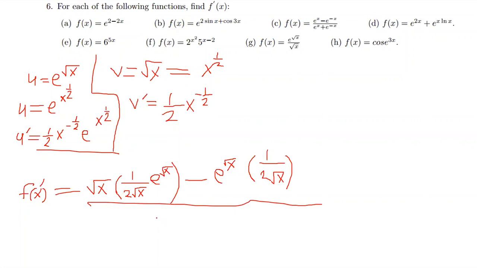So v squared is just the root of x squared. So you can see that this can be simplified to e to the power root x over 2, then minus e to the power root x over,